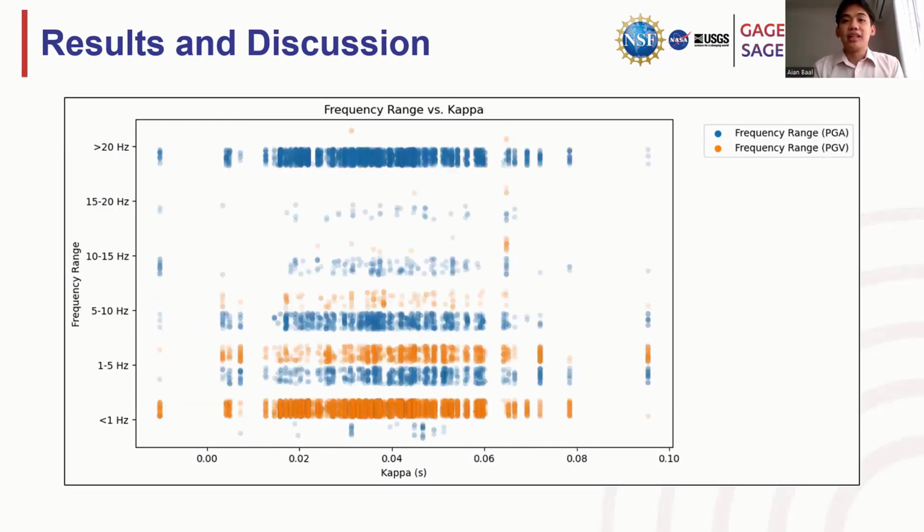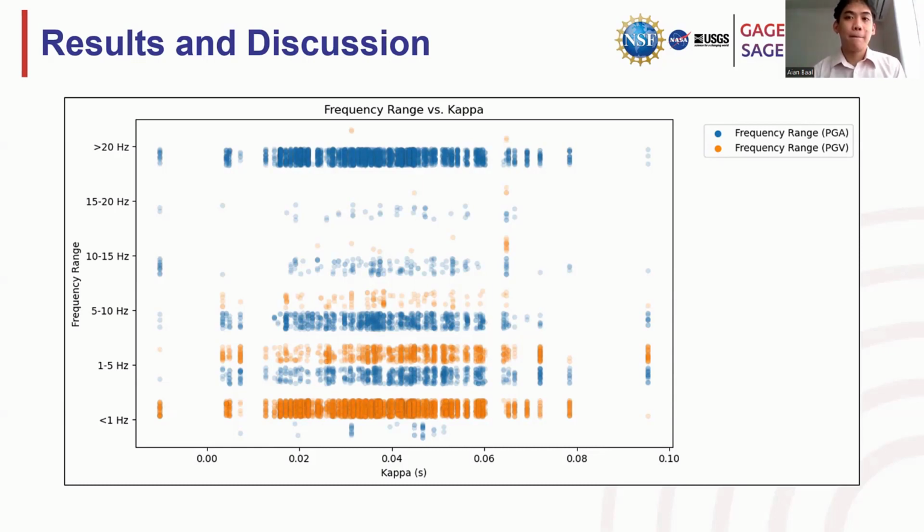The same observation applies to the graph depicting frequency range versus kappa values. Once again, the plot distinctly portrays that PGA is primarily influenced by higher frequencies, while PGV is mainly responsive to lower frequencies. However, a definitive correlation between the two parameters remains elusive. Based on our findings, a strong connection between frequency ranges and the site parameters kappa and VS30 doesn't appear to exist. Consequently, we began exploring other potential factors